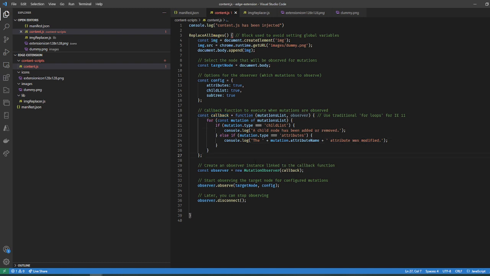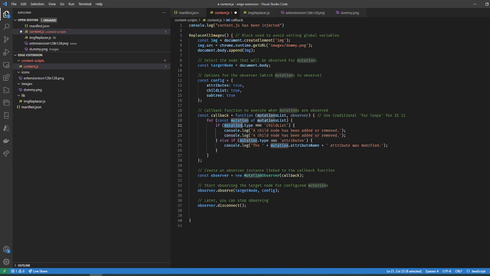Fine. Child node. Well, I need to know though. Let me add this here and add the actual mutation, because I need to know what that mutation looks like. Console dir basically expands this object into the console, so you can see the properties of the object. And hopefully,